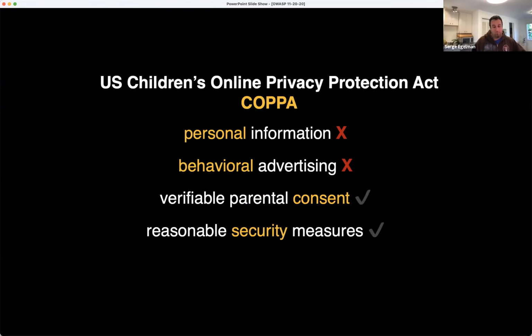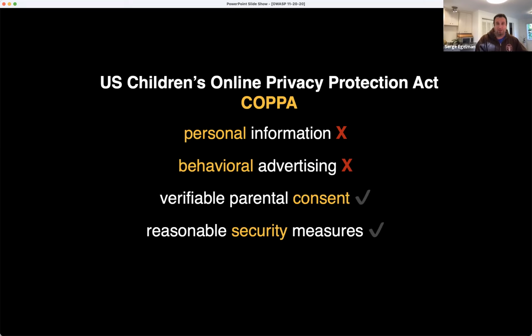So, I briefly alluded to COPPA, the US Children's Online Privacy Protection Act. This provides protections for children under 13. It makes it illegal to collect personal information from them for behavioral advertising or profiling purposes.